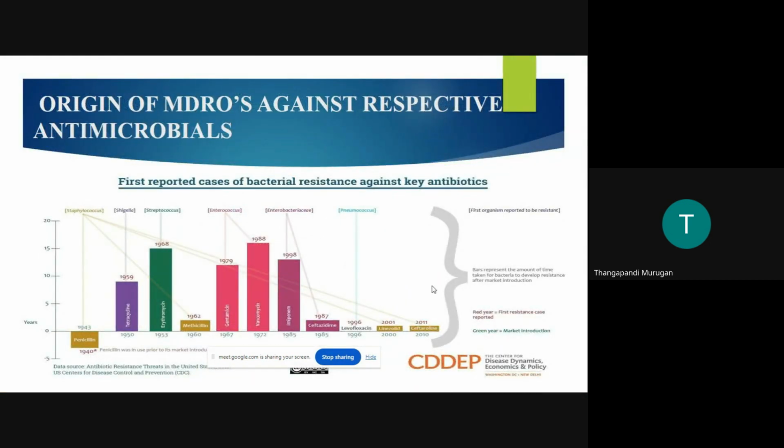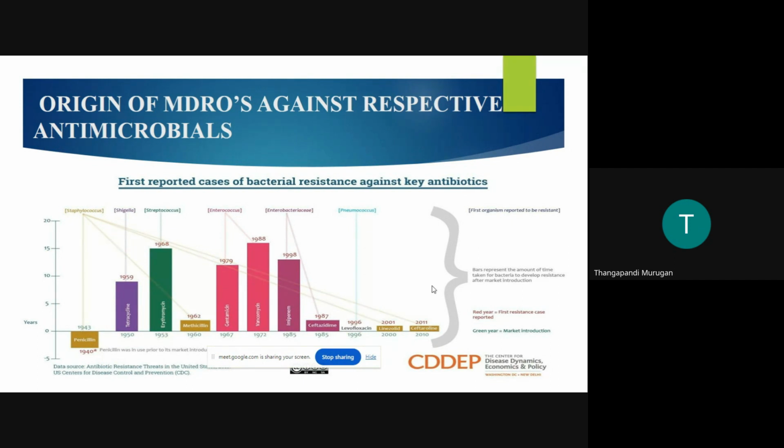If we look at the tetracyclines, we have doxycycline and tetracycline, and minocycline in recent days. Within a 10-year period, on average, every drug introduced developed resistance. In the case of methicillin, you can see that within 2 years it developed resistance. Sadly, levofloxacin developed resistance in the same year it was introduced.